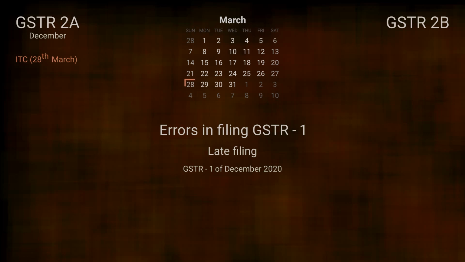So now on 28th of March, when any of your suppliers is filing a December GSTR 1, this comes and gets captured in GSTR 2B of March 2021. So in short, any belated filings will get reflected in that particular month's GSTR 2A, whereas it gets reflected in the GSTR 2B of the month when such belated filing has occurred.